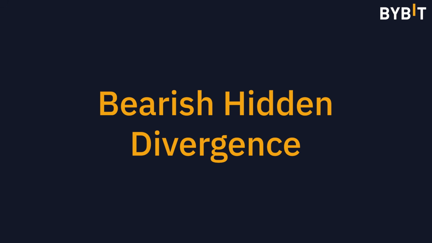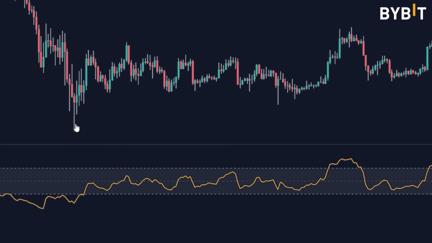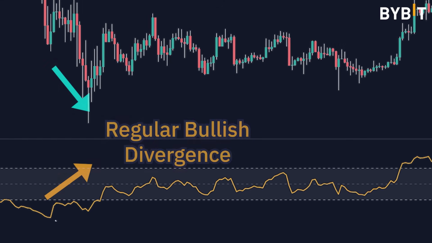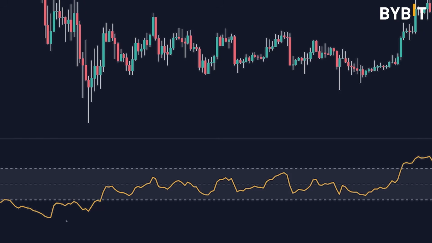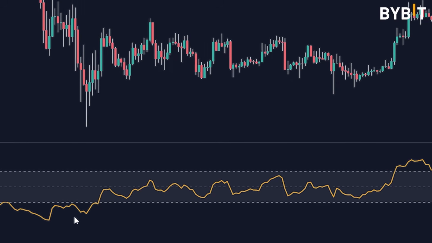Okay, here we're taking a look within the month of May on a 4-hour chart for Bitcoin. This is an instance where price was consolidating sideways, and RSI and bearish hidden divergence was giving us a clue that we may see a breakdown here in the price. So you'll notice that after this local low, we had regular bullish divergence, okay? New extreme in price, but not a new extreme in RSI. This signals that the momentum to the downside has slowed.